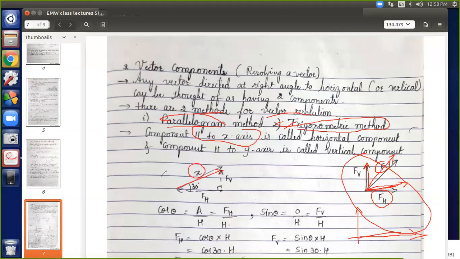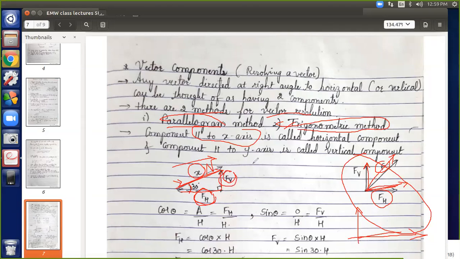If you consider this x in terms of a force, if you pull any rope, in the opposite direction the force exists, and assume that the value of force is x newtons. In general, x newtons, x is the value. Then we can resolve this into two components. One is the horizontal, the other one is vertical, taking those values as FH and FV. And the angle of inclination is 30 degrees. As an example, I have taken 30 degrees. Then how will you calculate this horizontal and vertical component?